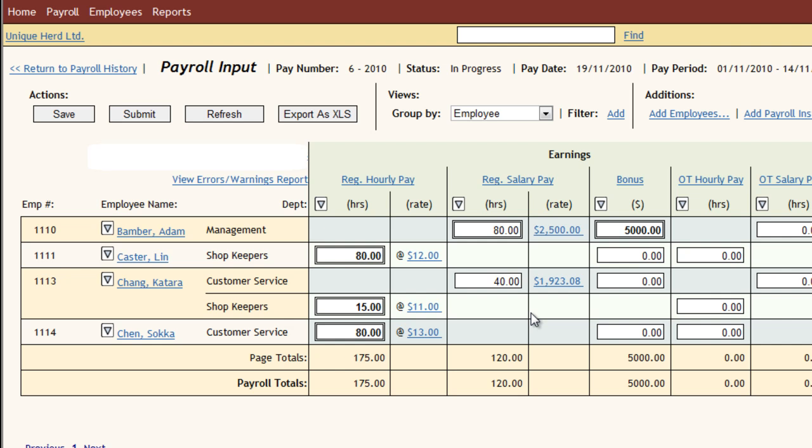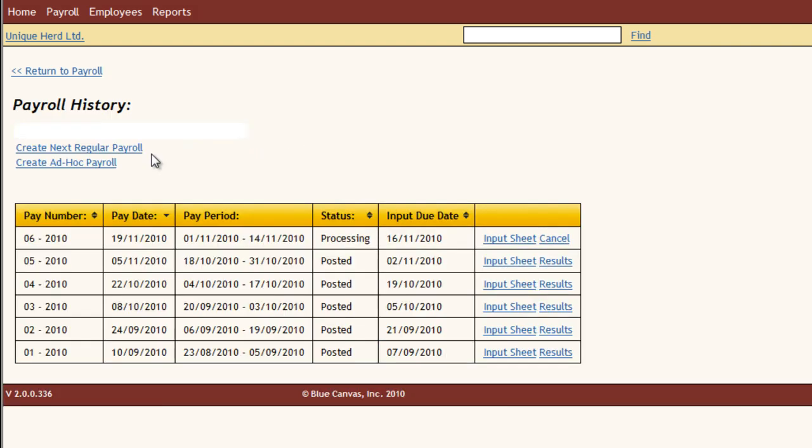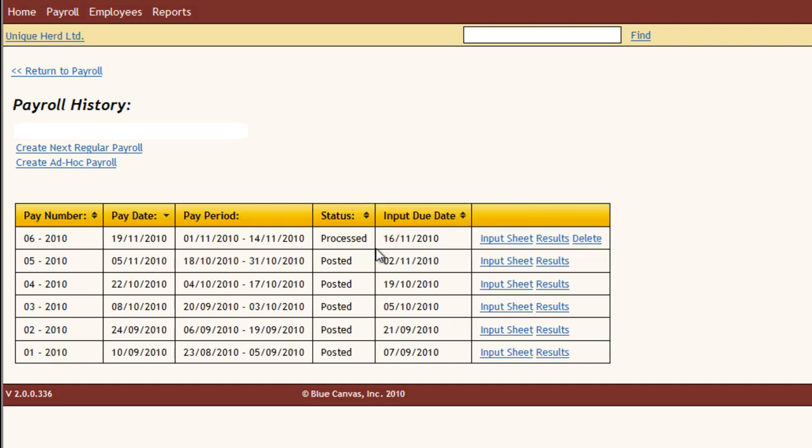So we're going to say that this one's all finished up and it's ready to go. So we're going to hit the Submit button. This will bring us back to this page, and if you just hit F5, as you see this one's processing, it'll say processed, and then you're able to view the results. So if you click on results,